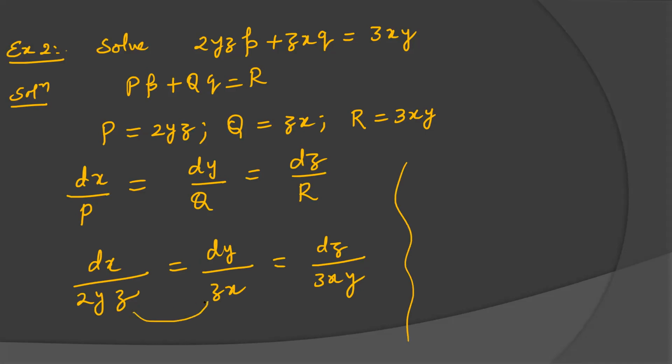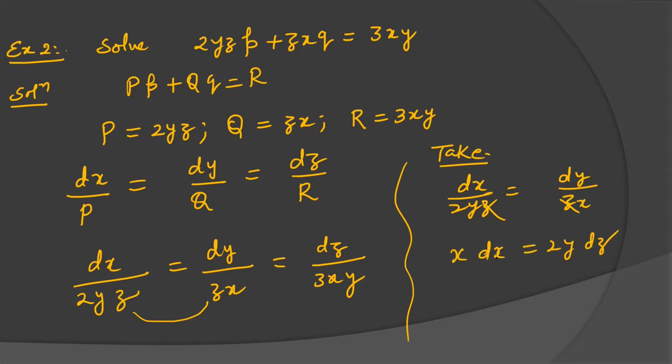Now, if you take the first two, you can see that z is going to be cancelled out. So we have y and x variables and derivatives in y and x also. So we can separate the variables. Take the first proportion: dx over 2yz equal to dy over zx, and z is cancelled out, and we will separate the variables: x dx equal to 2y dy. Now if you integrate, you will get x square by 2 equal to y square plus one constant c1. So we will get x square by 2 minus y square equal to c1. Call it the first solution u(x,y,z).